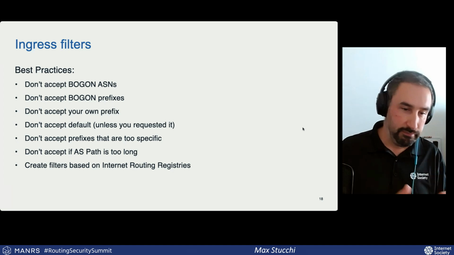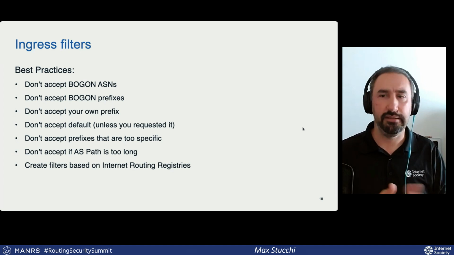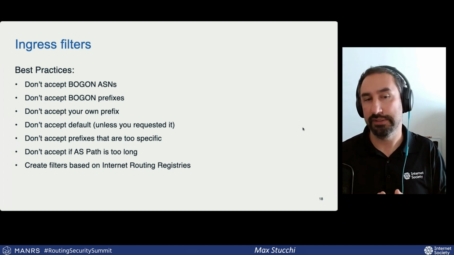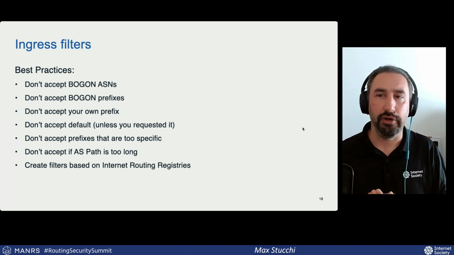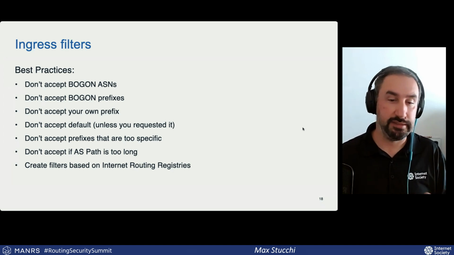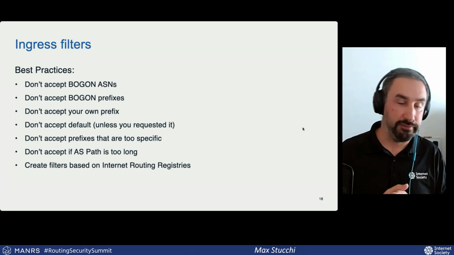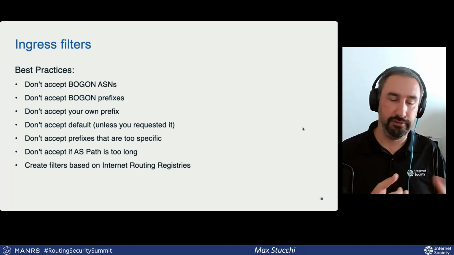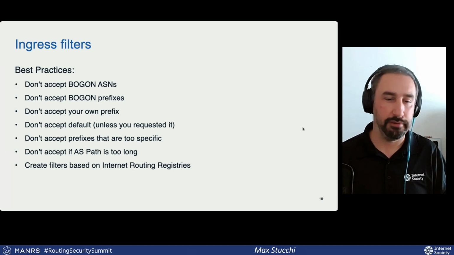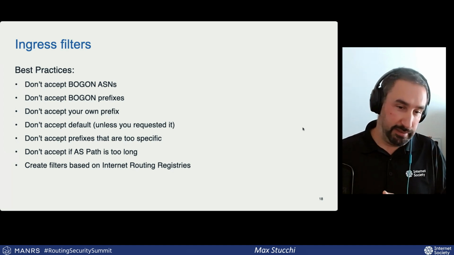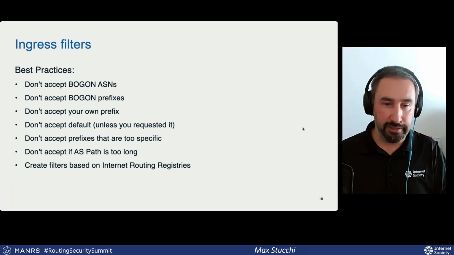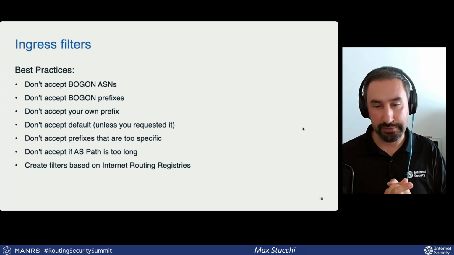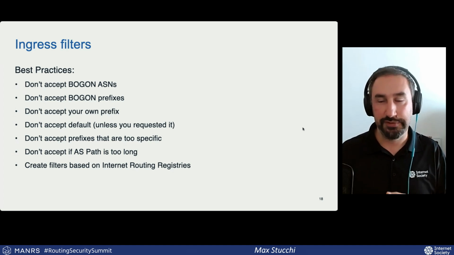And so I would suggest there is a common limit. There was a discussion some time ago, and the agreement was that 40, maybe 50, is the acceptable length. Let's say we can stretch all the way to 40 to 50 ASNs in the AS path, and then don't accept whatever is longer than that. There's no reason. And then create filters based on the IRRs, the Internet Routing Registries, because they are supposed to